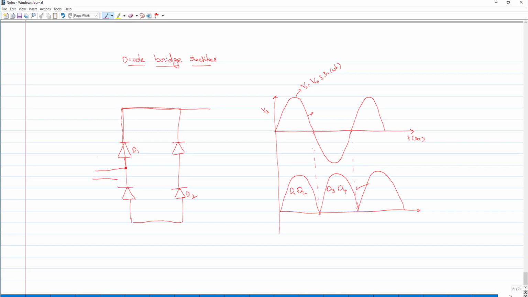Now, if I see from here to here, what is the voltage that it will see? A negative voltage of this thing. So that means only a negative of Vm will appear across these diodes. So when D1 D2 is in conducting mode, D3 D4 will see a negative voltage of Vm. So from this we can simply say that the peak inverse voltage seen by D3 and D4 is only Vm.